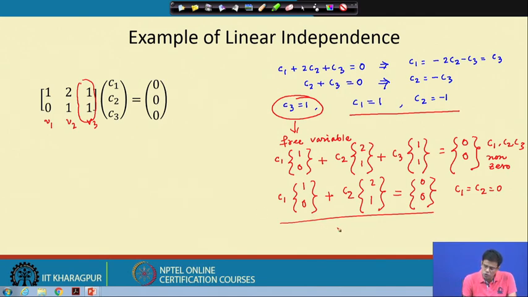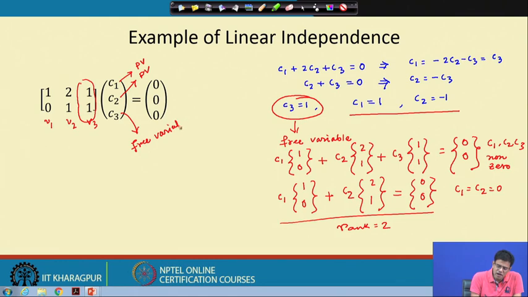So here you see, if I remove the third column of this matrix, then the rank is 2, because all of them are pivot variables. Rank, I can say it is 2. Now I will define rank formally later. So what we have learned is that among C1, C2 and C3, these are pivot variables, these are also pivot variables, but this is known as a free variable. This is finally a 2 cross 3 matrix, so there are 3 independent unknowns. Among that, one of them is a free variable,